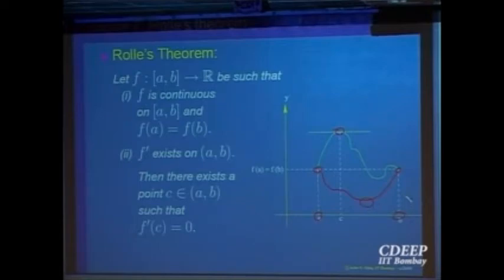And just now we proved that at an interior point, if there is a local maximum or a local minimum, the derivative must be equal to 0. So the proof is over, right? So that is the proof of Rolle's theorem. So shall we write that proof? This is how one thinks of a proof, and then you write the proof. Okay. So how will you write the proof?